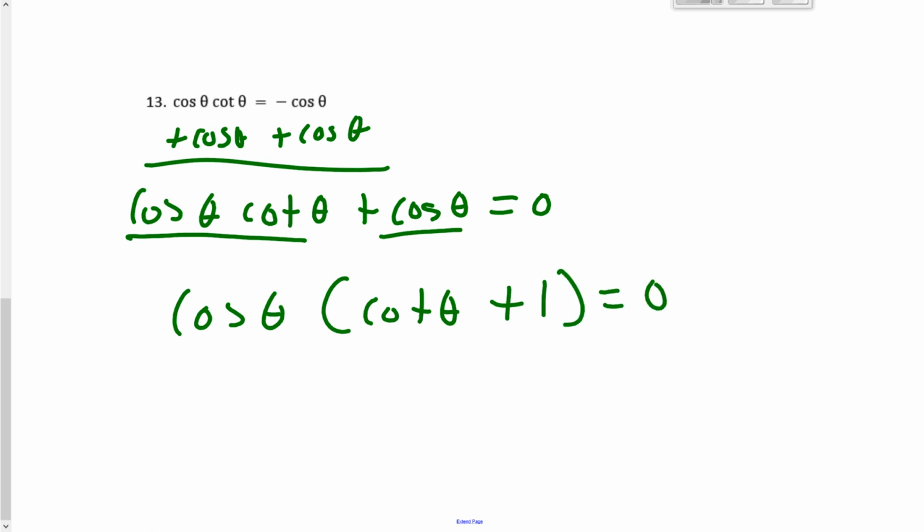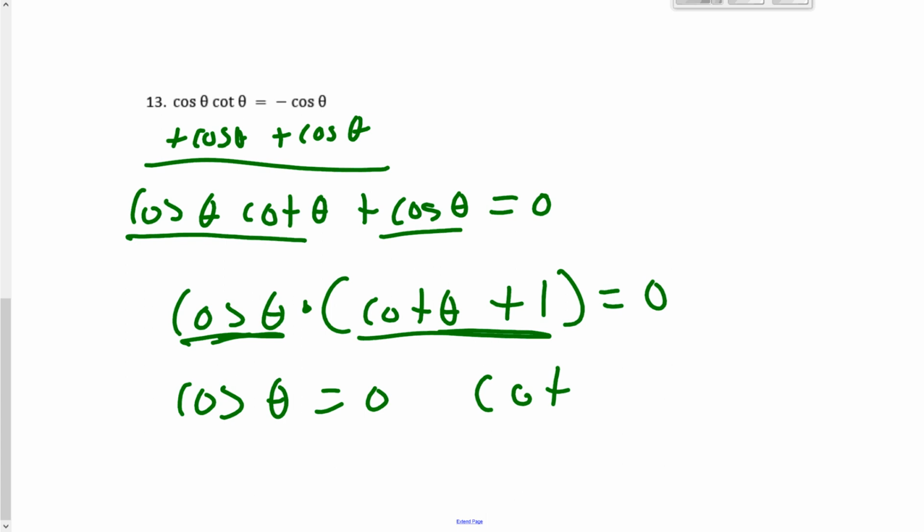equals 0. And now since I'm multiplying here, 1 times 2, right? Two things, and their answer is 0, that means that I can set them both equal to 0. It's called the zero product property. Two things multiply together and their answer is 0, that means that one of them or both of them have to be 0. So set them both equal to 0. Solve for the variable. So where is cotangent -1 and where is cosine